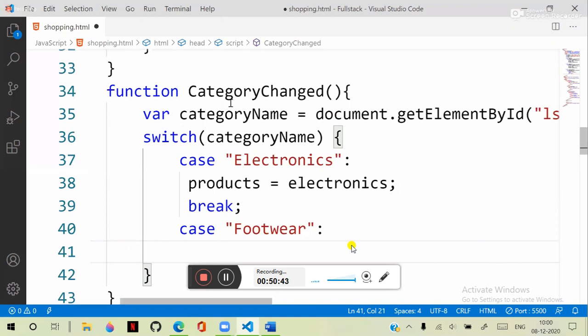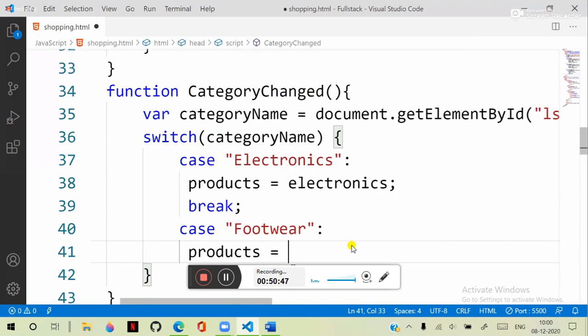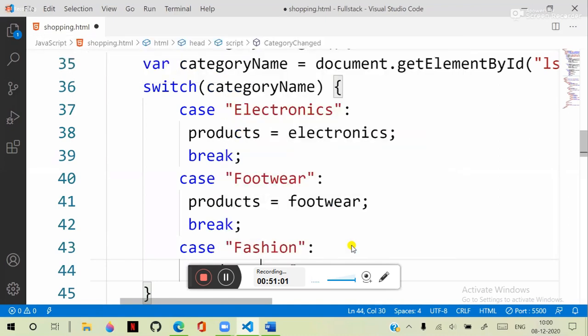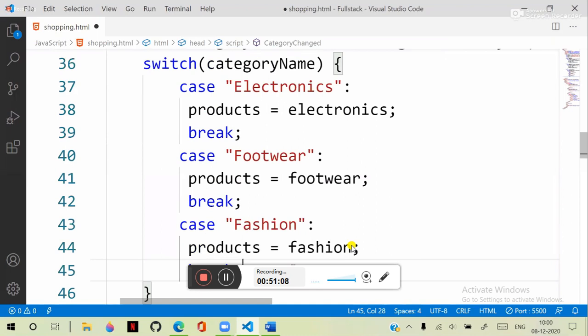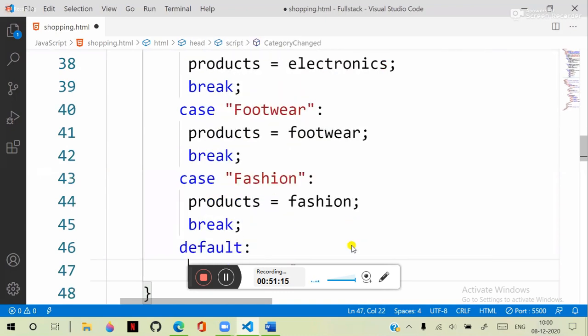If case is footwear, this case is footwear, then products is equal to footwear products will be added and break. If case is fashion, then products is equal to fashion, then break. If it is not matching with any of these, then default indicates what to do if not